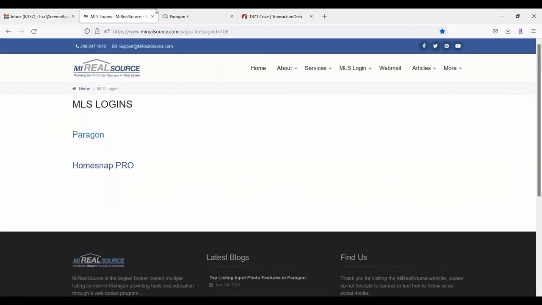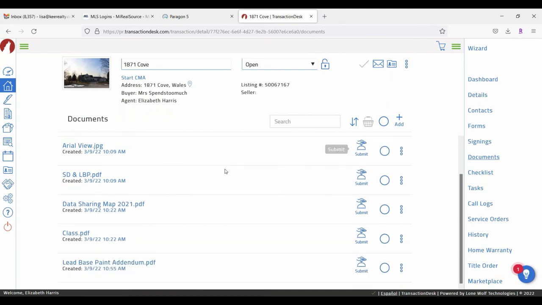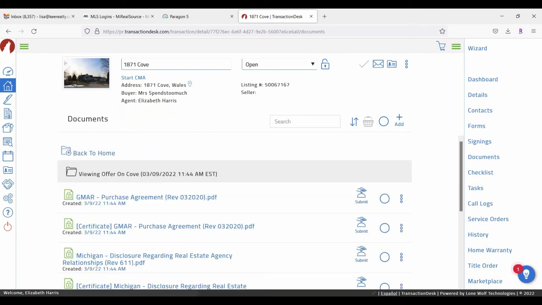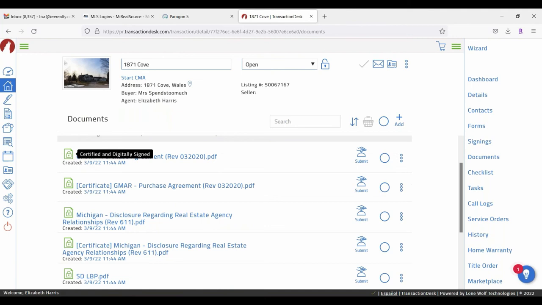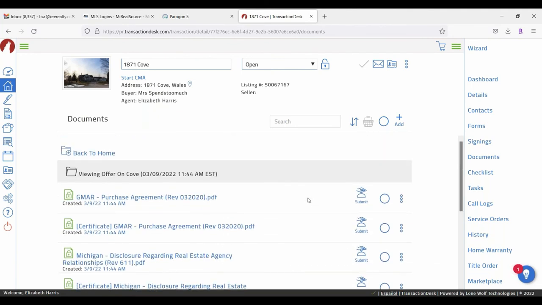Let's go back and do Transaction Desk real quick, and I can show you where everything went in. So if I go back to my transaction, you should have your tab open somewhere if you clicked on things, or I think Google might have put it at the bottom of your screen, but look for your Transaction Desk. And we're going to go into documents under that transaction, because now if you look under my offer, if I click on that, everything has a key next to it that they signed. So these are the completed ones. So you know these are the ones that you're going to want to use,